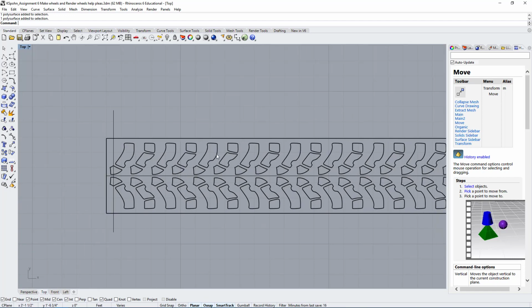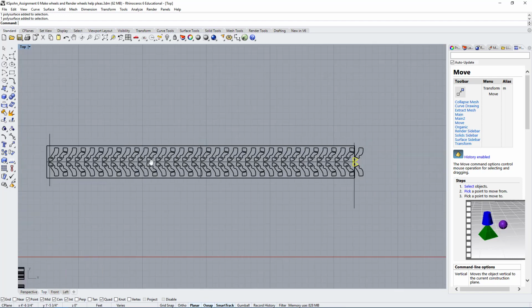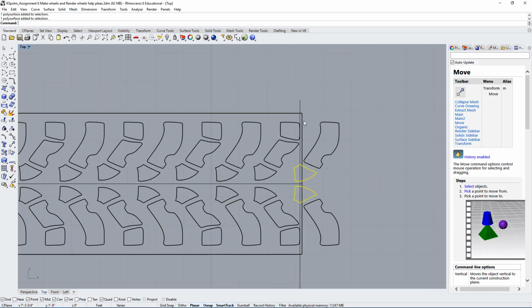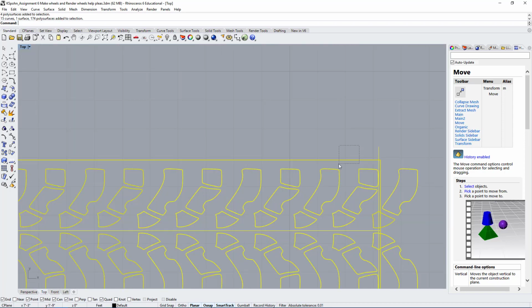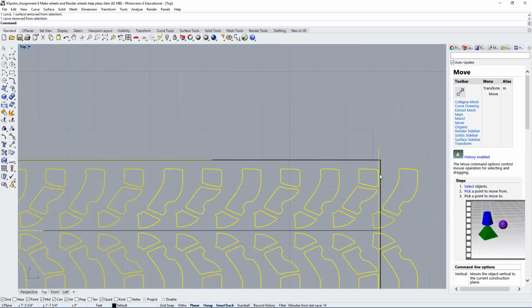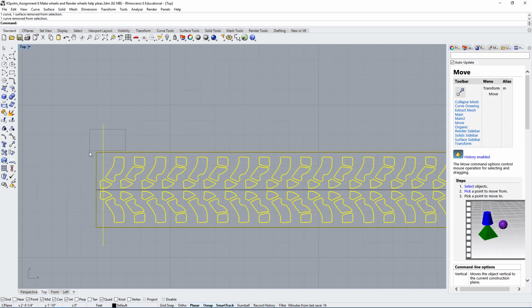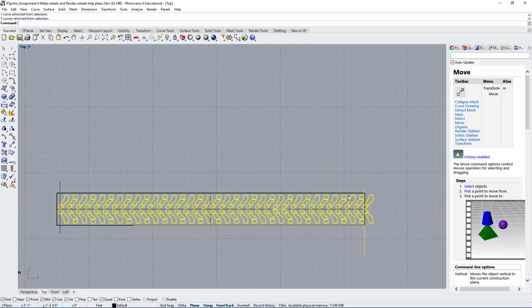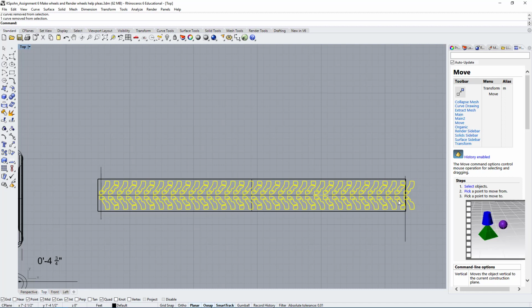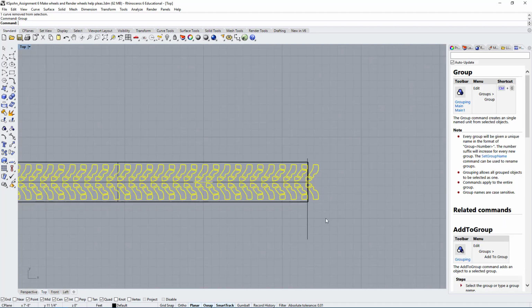So I'm going to try to speed up the process, and I'm just going to butcher this pattern by simply scaling it in one dimension, because this is simply too time consuming. So the way we would do this, if we want to speed up the process, would be to group the entire pattern. And it's giving me a hard time with these lines. Okay. So let's do that. Let's group the entire pattern.